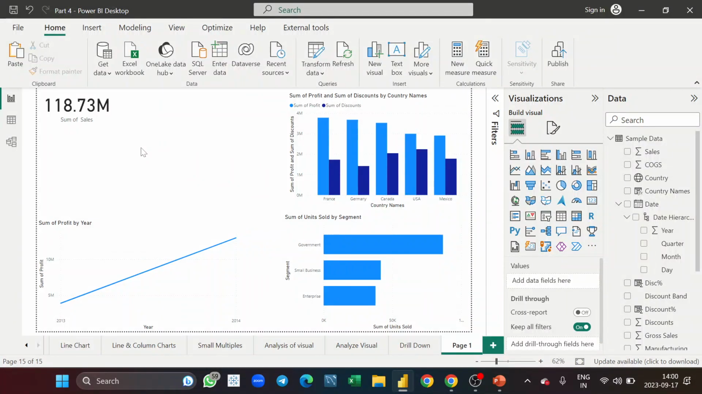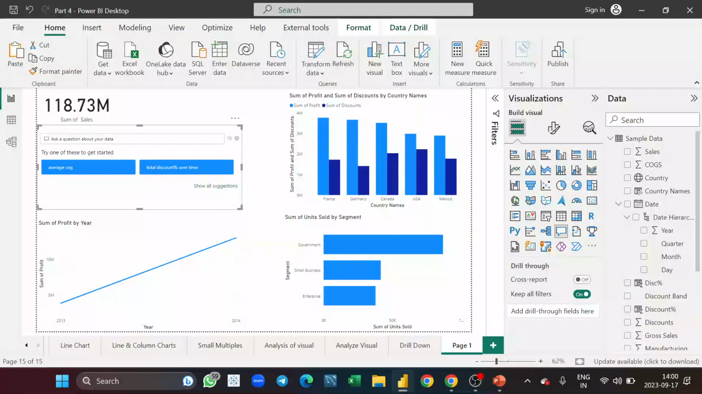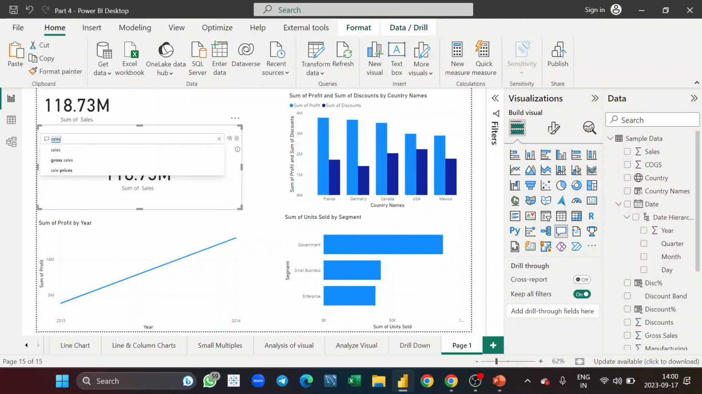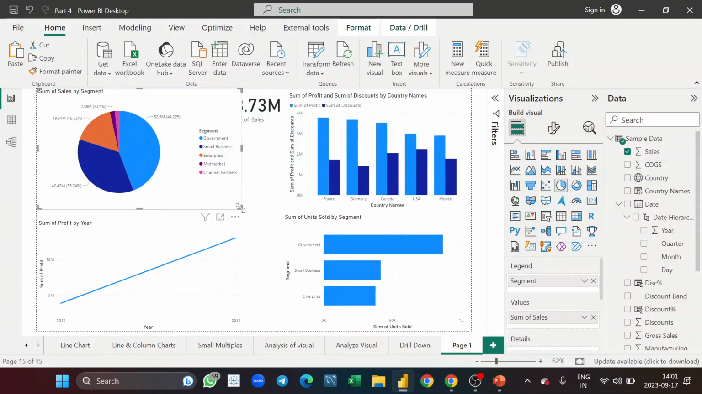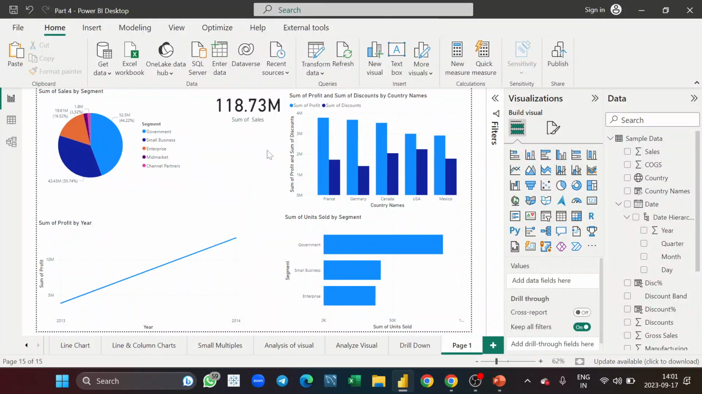Let's say if I want to create a pie chart, what I can do is type sales pie chart by segment. So it will give me the pie chart by segment. I can just turn it into the visual and I'll be able to see my data. So just keep it here and let's adjust our pie. So this is how you can create different kinds of visuals by using the NLP feature of